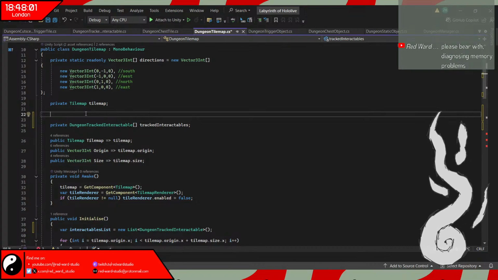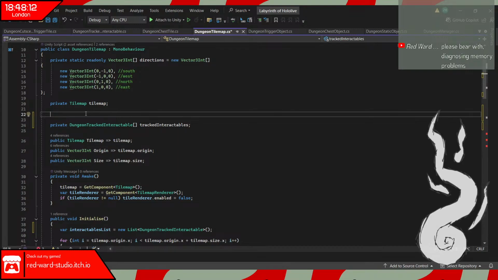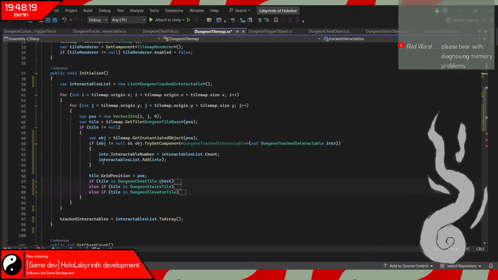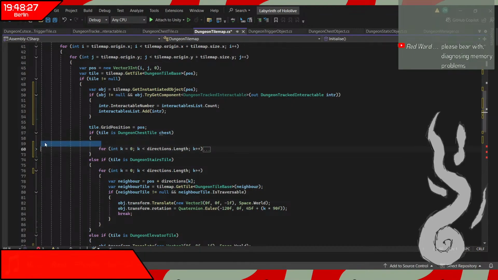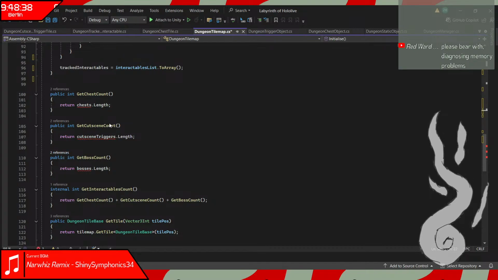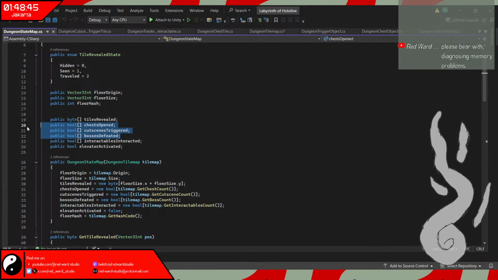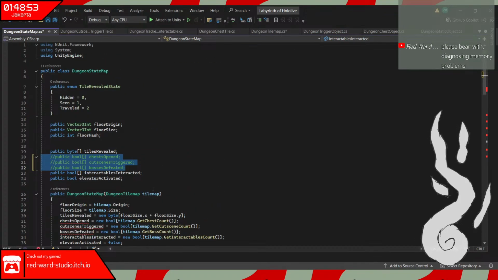Which means that the boss object should be contained within the interactable? No. Oh, I don't know. We got rid of these. No, that won't work because we need...